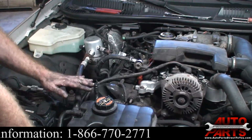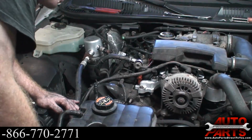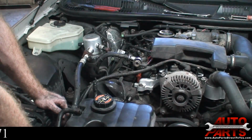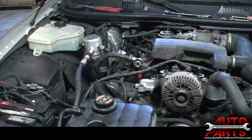Make sure everything's tight. We got our compressor in. Got it all bolted down. I have to put the belt back on. Let's see. We're going to put the belt on, we're going to run a vacuum on the system, we're going to get it charged, and we'll make sure it's good and cold. But other than that, that's pretty much everything you need to know on how to replace an AC compressor on